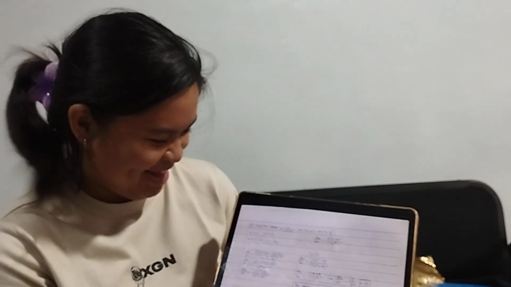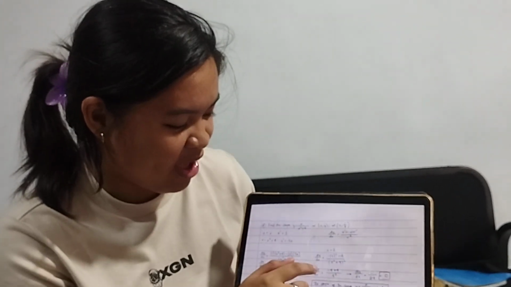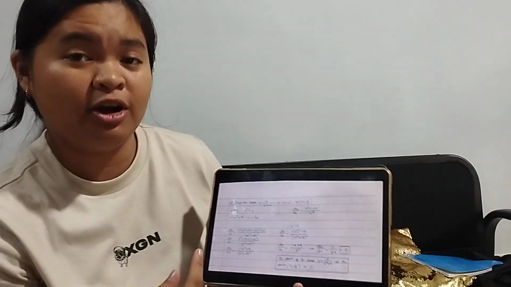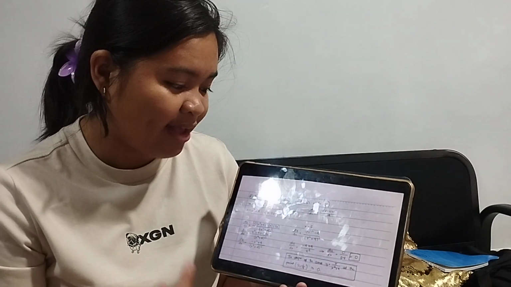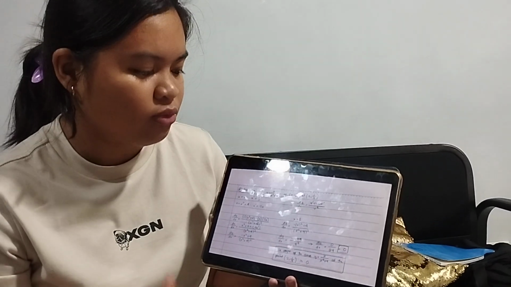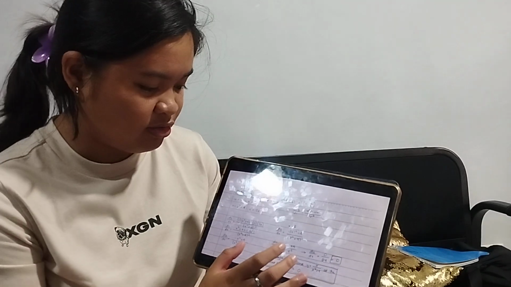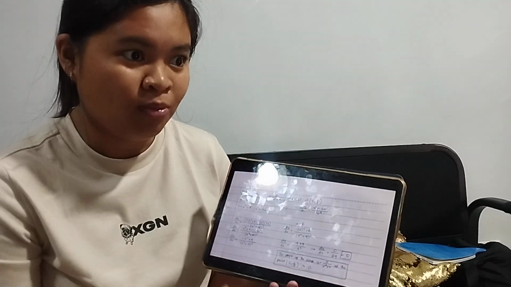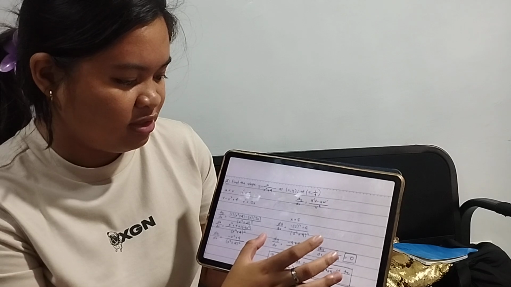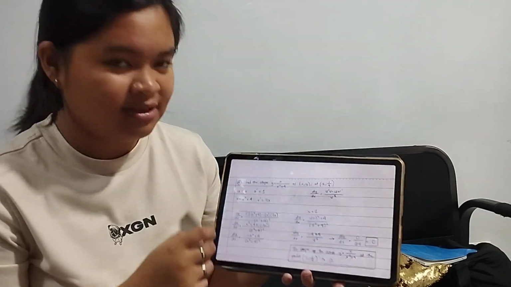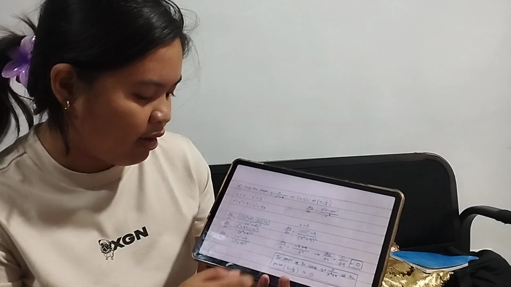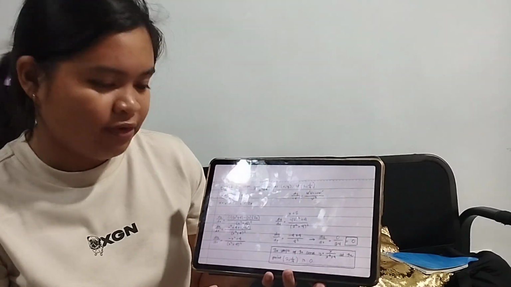So for the fourth and last question, find the slope of y equals x over x squared plus 4 at the coordinate (2, 1/4). The first thing you have to do is to find the derivatives of the numerator and denominator. In this instance, our u is x, and the derivative of u is 1. And v is x squared plus 4, and our derivative for v is 2x.